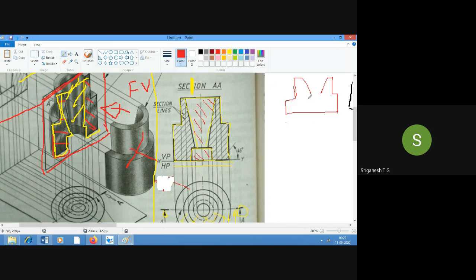And from here, it's going to have some portion like this. Now we'll get this. So inside boundaries we have written, outside boundaries also we have written. Now how do we identify from this drawing whether which is a hollow portion, which is not a hollow portion? Can you identify anything?